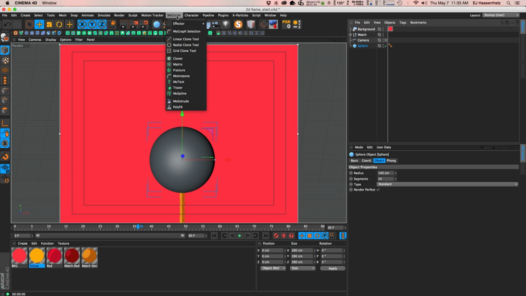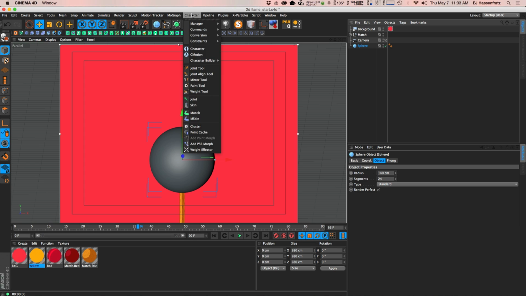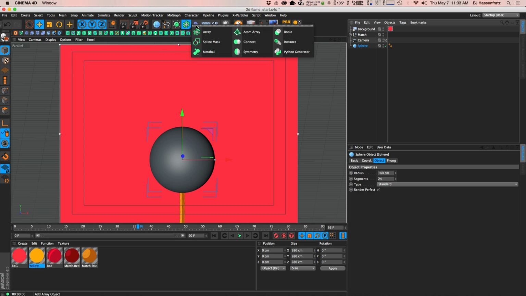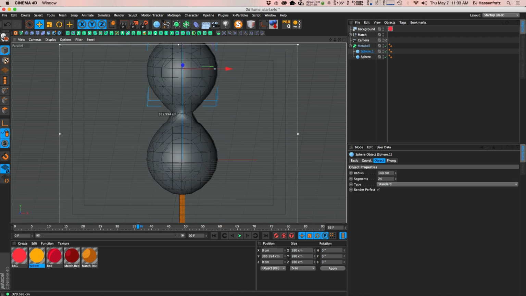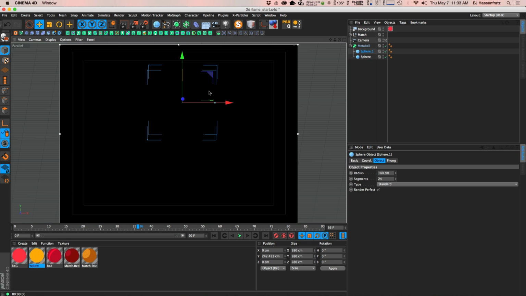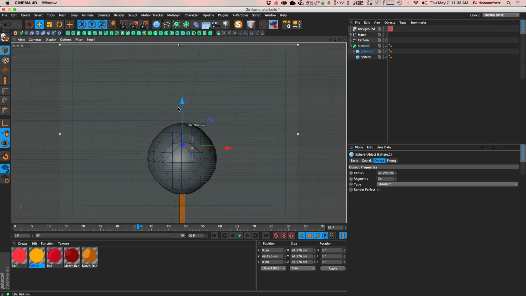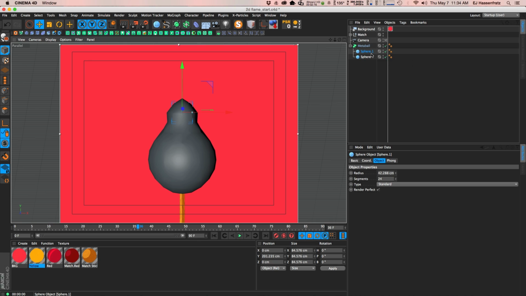Now just to give a demonstration on what the Metaball is going to do and how I arrived at this technique, let's get a Metaball, and you can see that if I place my sphere in my Metaball, nothing's really happening, but if I place another sphere in that, you can see we're getting this kind of blobby effect. And I'm just going to bring this sphere down. So I figured, alright, if I can get a bunch of these to emit out of this main sphere, we can try to recreate this kind of 2D flame effect. So that's where I started